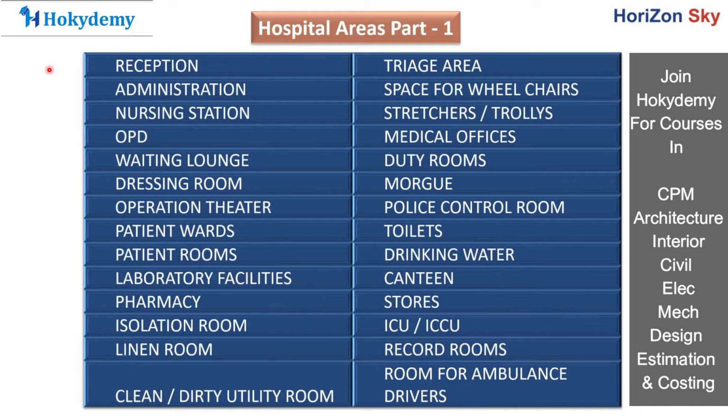Then we have the operation theater, where the operation will be conducted. The operation theater will have different and high-level instruments and medical equipment which are needed as per the kind of operating room it is. Then we have the patient wards and patient rooms. Now, patient wards are generally an open area, a closed area, but a bigger area where a number of patients are being stationed. That is, there will be multiple beds in that one area, so no separation will be there for different patients. That is wards.